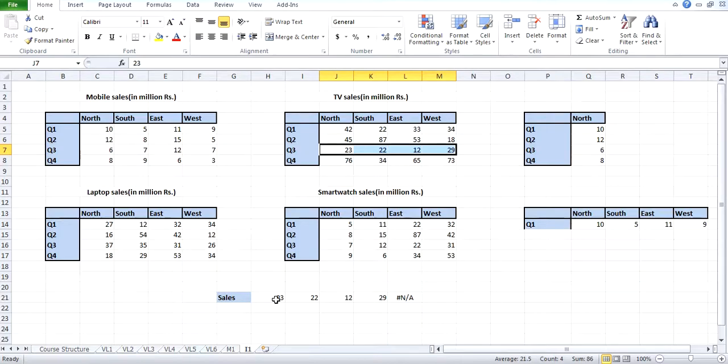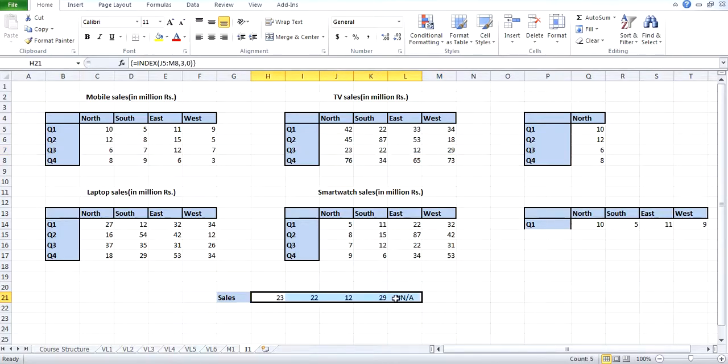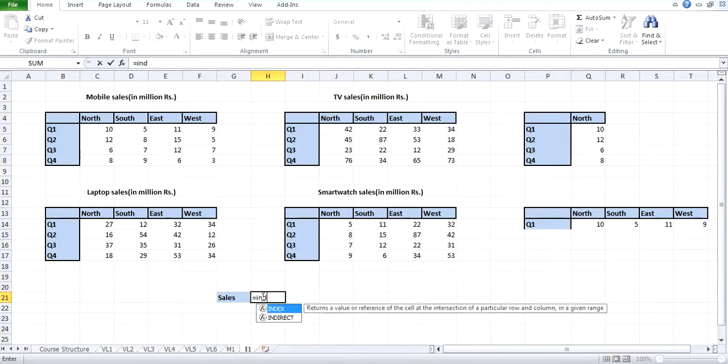So this is the second variation that I was talking about. Now we have seen the index function in its array form till now. Let's see what it means to use the index function in its reference form. For that, I'll select the index function. Now here,